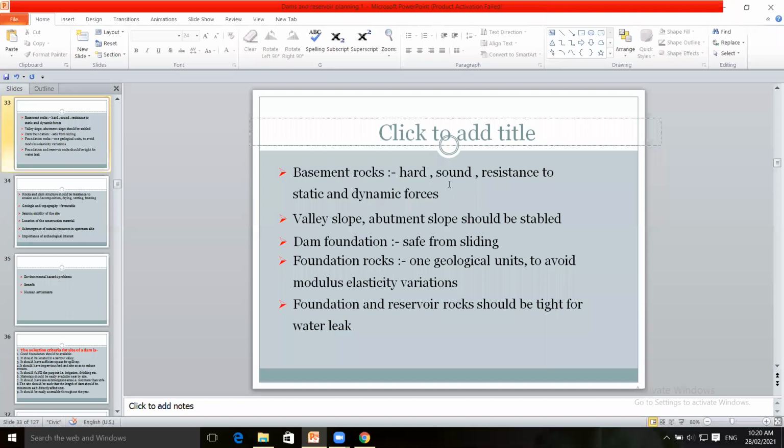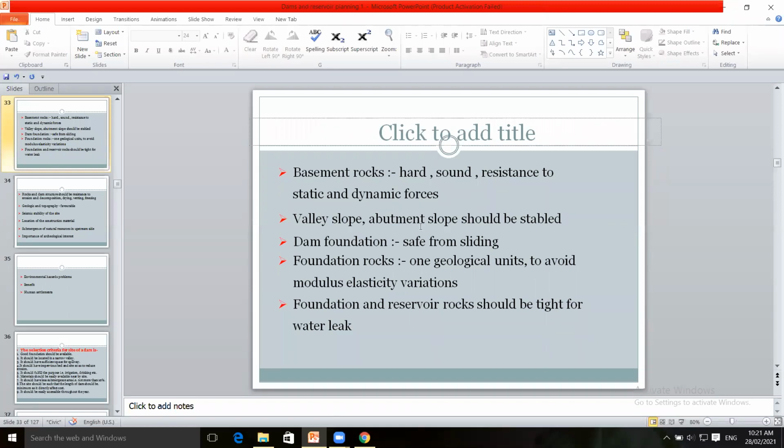Whether it is hard, sound, resistant to static and dynamic forces has to be analyzed. If it is a concrete gravity dam, it is placed where the foundation or strata base of the dam is strong enough to bear the load of the gravity dam, then only gravity dams are constructed on that foundation basement.